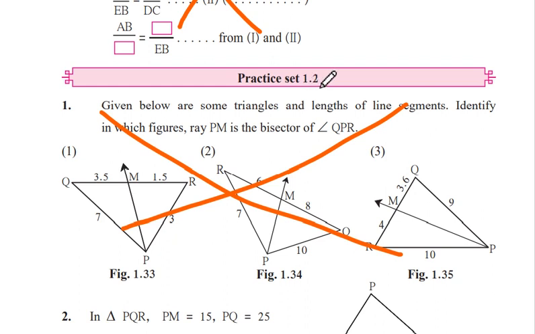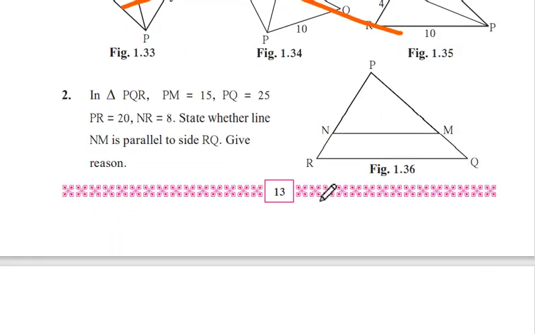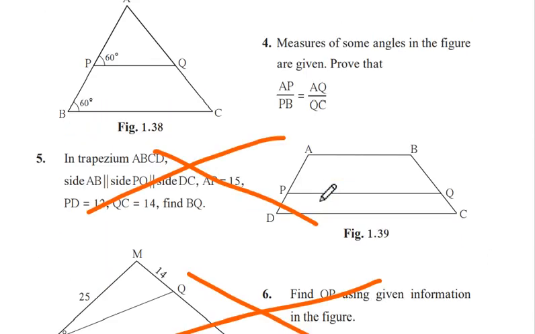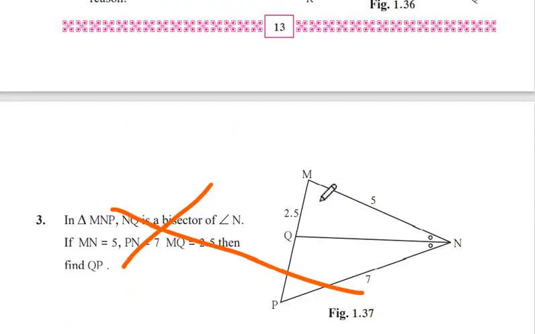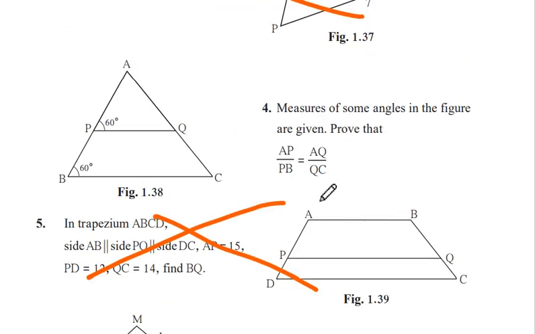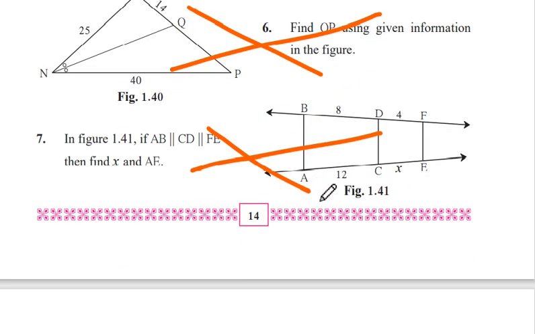Practice set 1.2, the first sum. Again, this sum is related to angle bisector. So this whole question number 1, with 3 sub-questions, is also cancelled. That is not there, that is reduced. Then we'll go to page number 14. Page number 14, question number 3, 5, 6, 7,